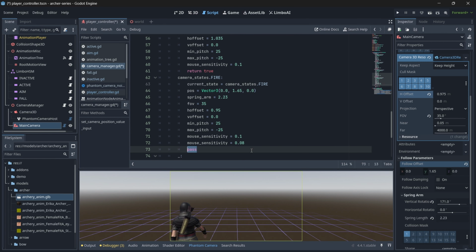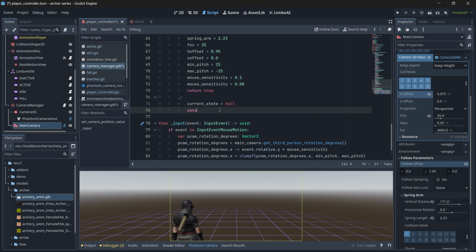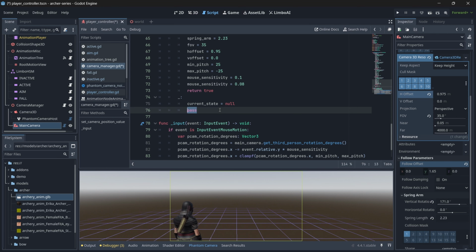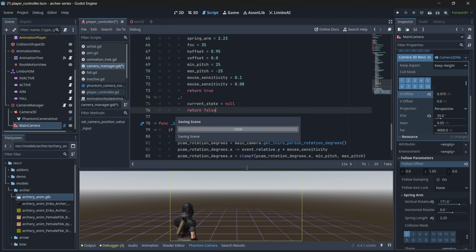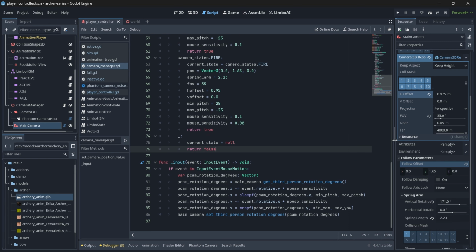And at last, whenever we set these values, we can return true. And if none of these cases are true, then we can return false. That's cool. So now